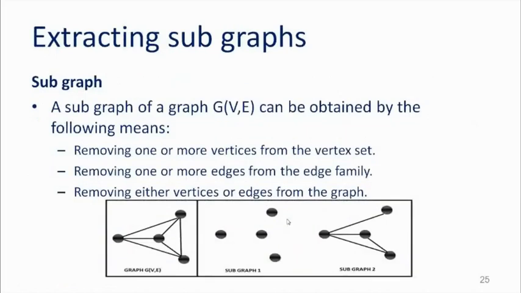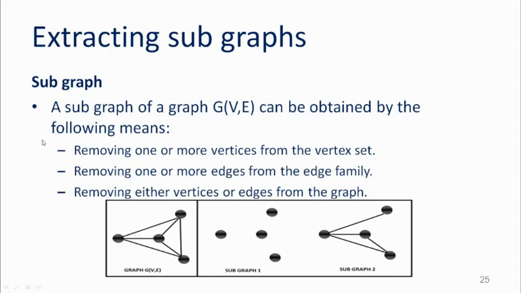Null graph, that is because if you want to start with any graph, first of all, you need to put the nodes first, then you will go for the connection of the edges. So this null graph of the main graph can also be considered as a subgraph. Next one is subgraph 2. That means you are going to ignore some edges. Still it will form the subgraph because all the vertices which are present in the main graph are also available in the subgraph. Only a few edges are not there.